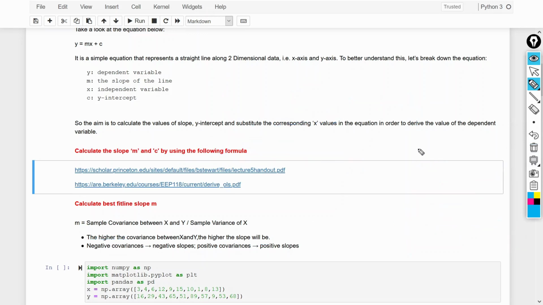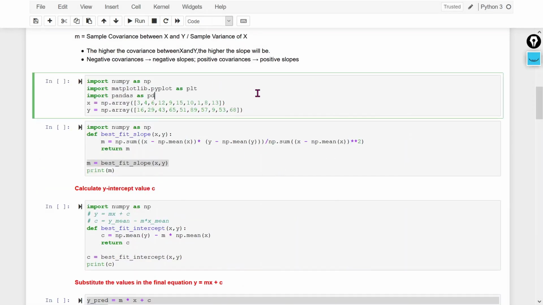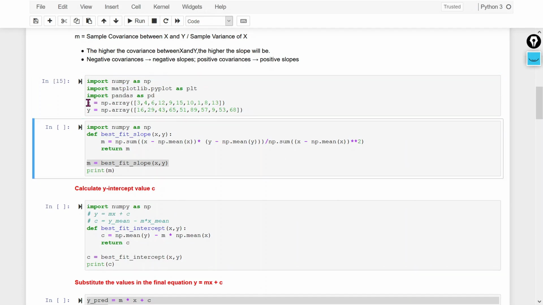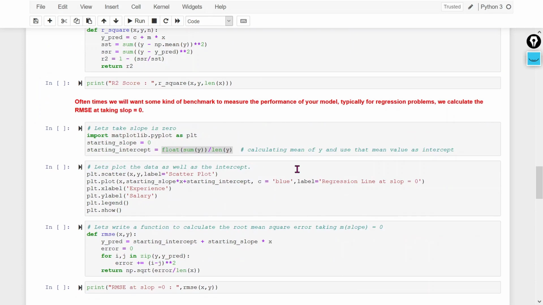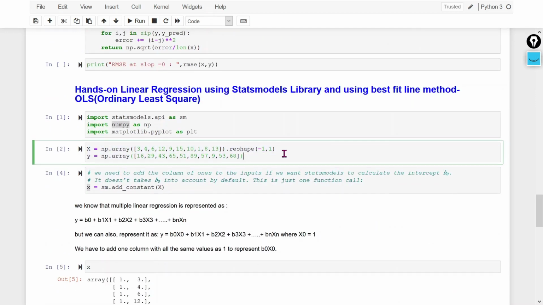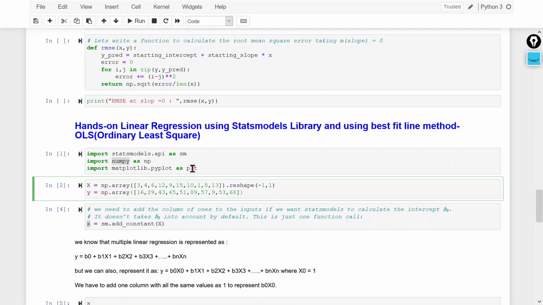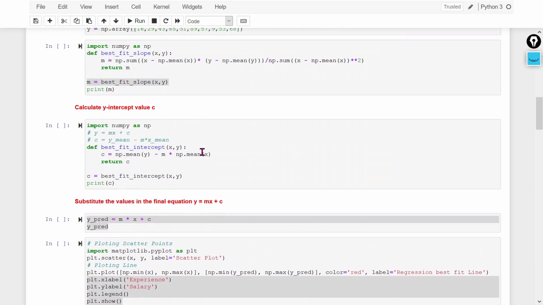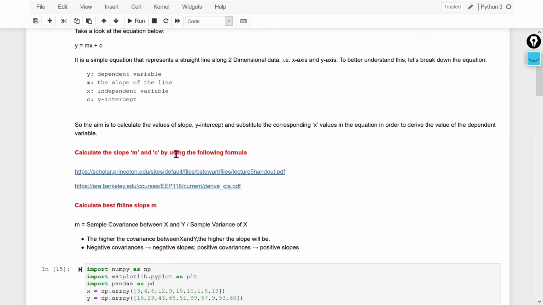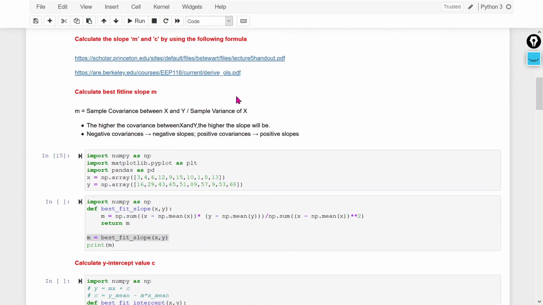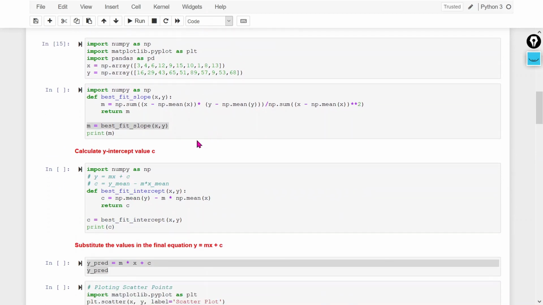So let's check how we can perform this mathematical intuition using vanilla Python. This is our data set, the same data set we used before. Earlier I used linear regression with the statsmodels library. Here I am going to use linear regression with vanilla Python, using the mathematical intuition I have explained and the m and c formula, and then we will verify whether I get the same output or not.